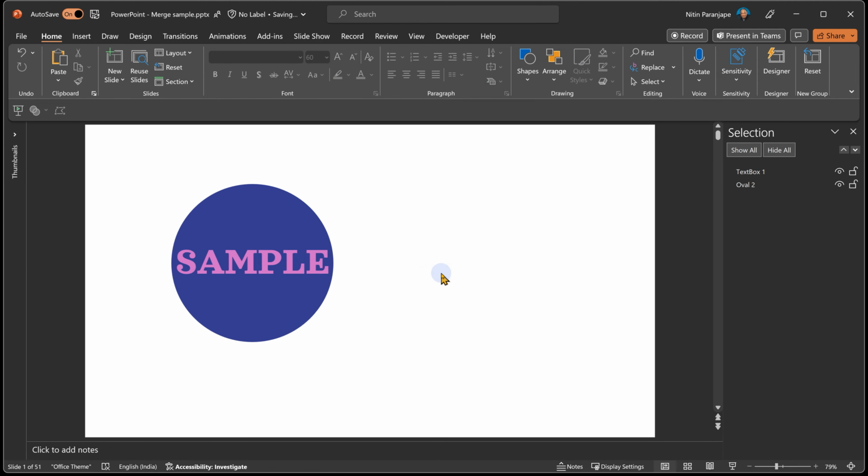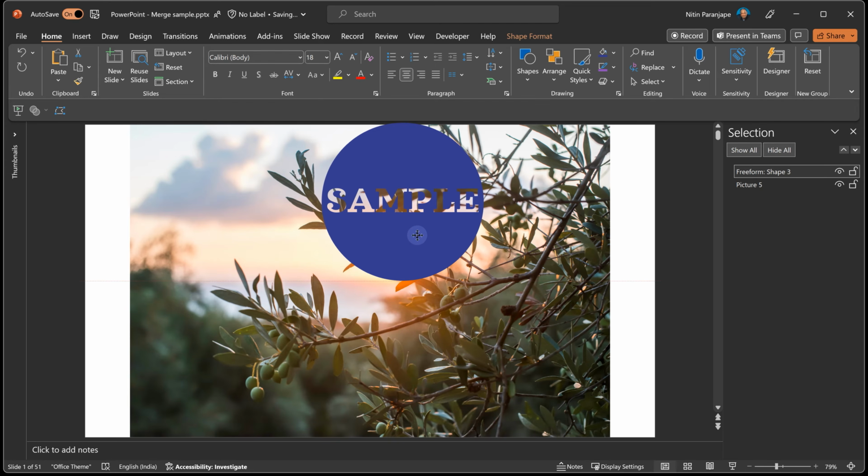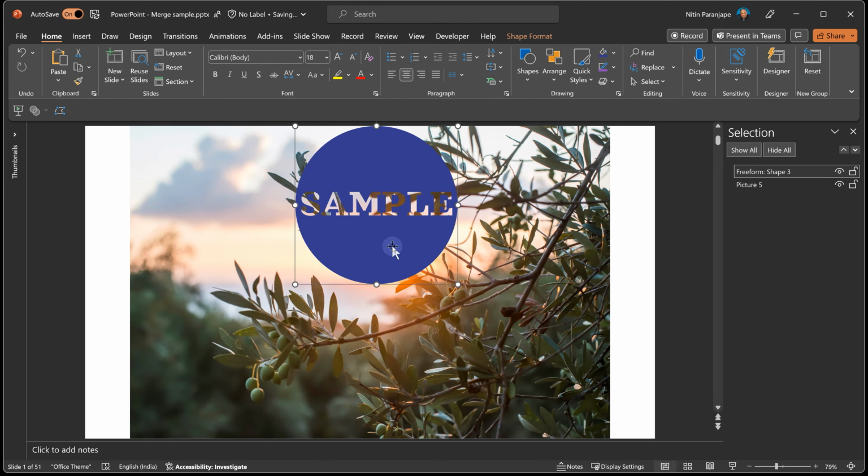Let's understand how shape and text interact. And what would I want to do with it? Maybe I want the circle with a hole in it with the font. That means wherever there is a font right now should become transparent. That's one thing. Let's try that. So click on the circle first, then click on the text. And what do you expect to do here? I want to say subtract. And that's exactly what happened. Let's put a picture behind and see whether that thing called sample is transparent. So this is a great scenario where you can use merge shapes with text.